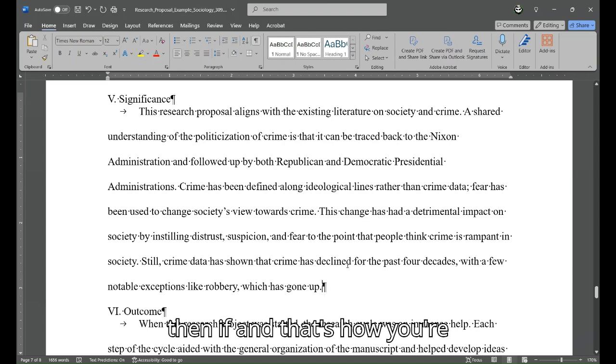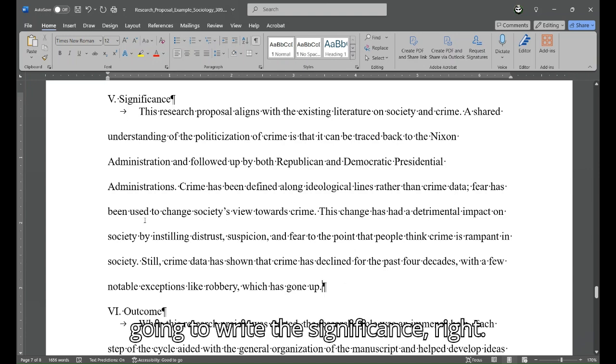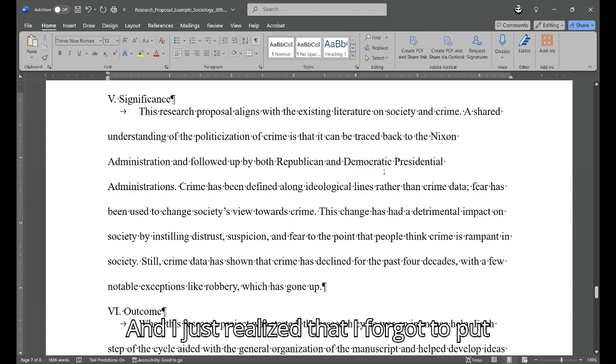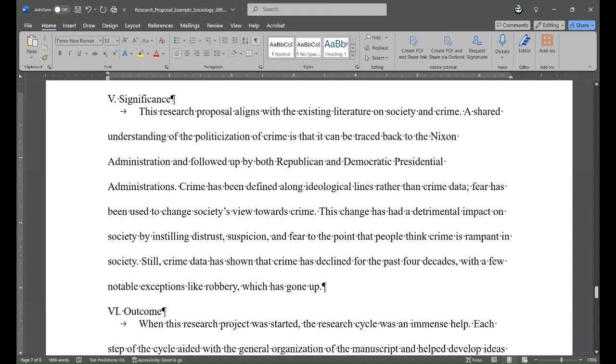And that's how you're going to write the significance, right? And I just realized that I forgot to put another benefit or significance